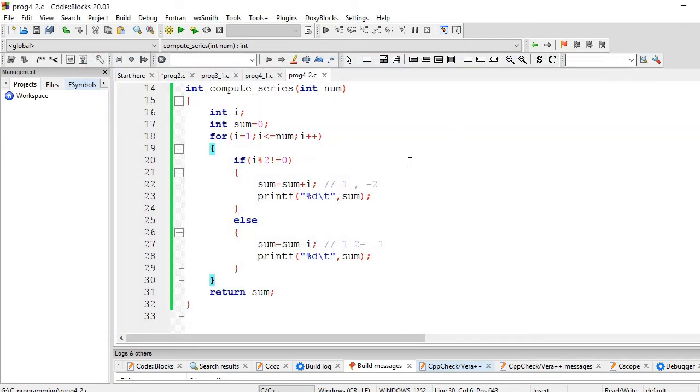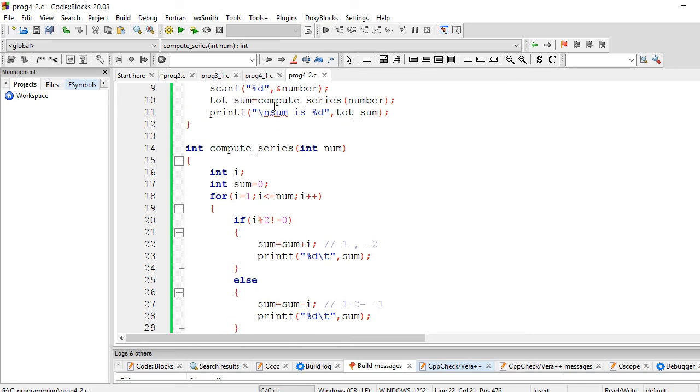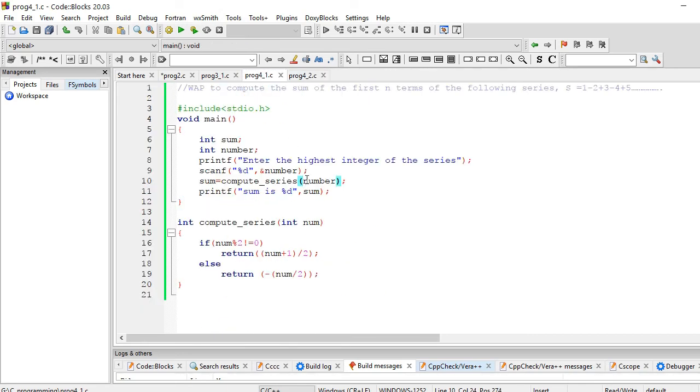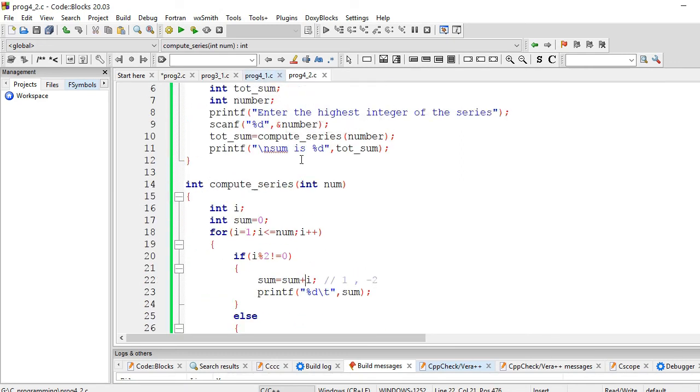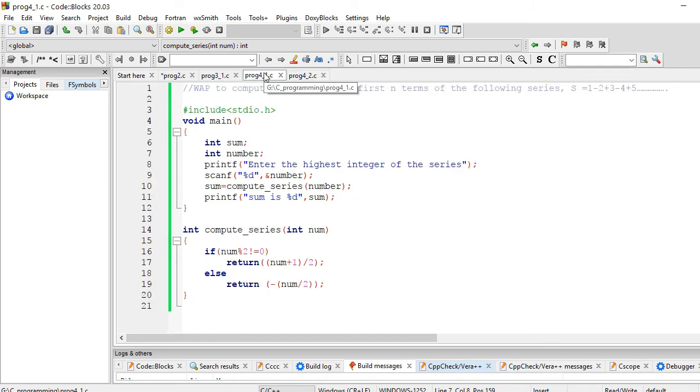Okay, so I will now discuss the second method of this program. What this method does, we have declared main. This is same as this.